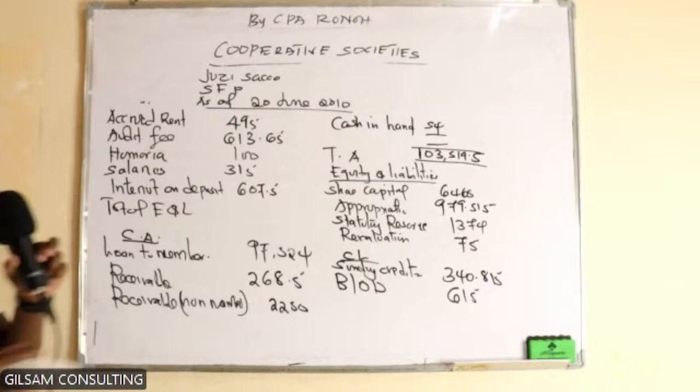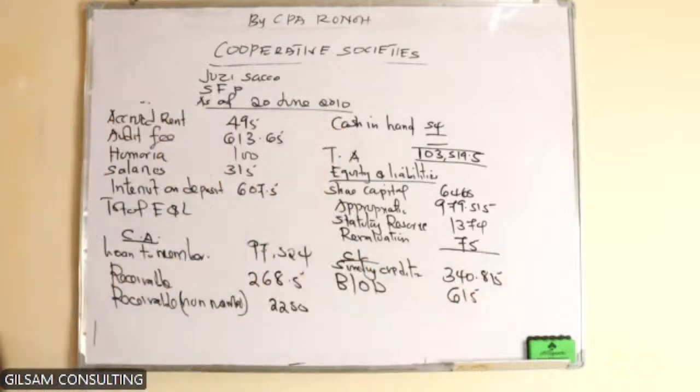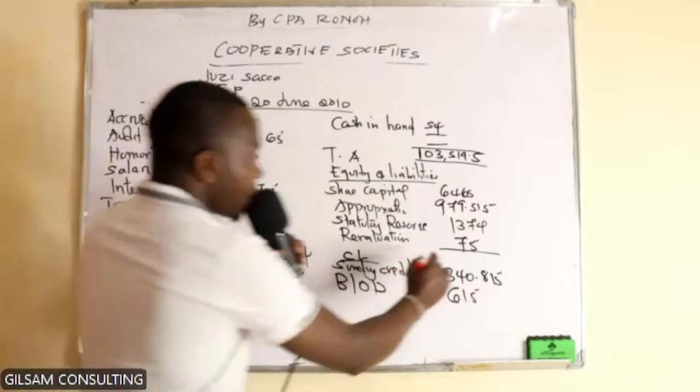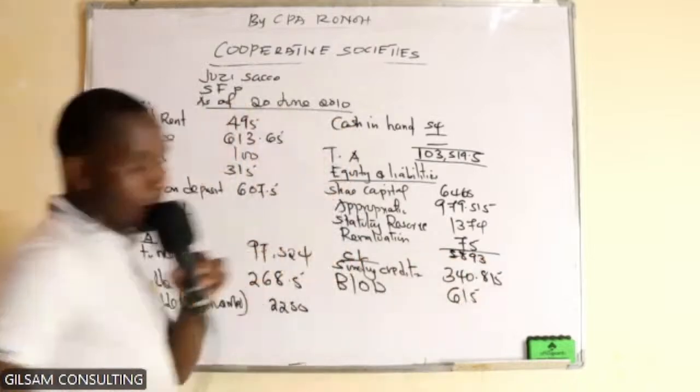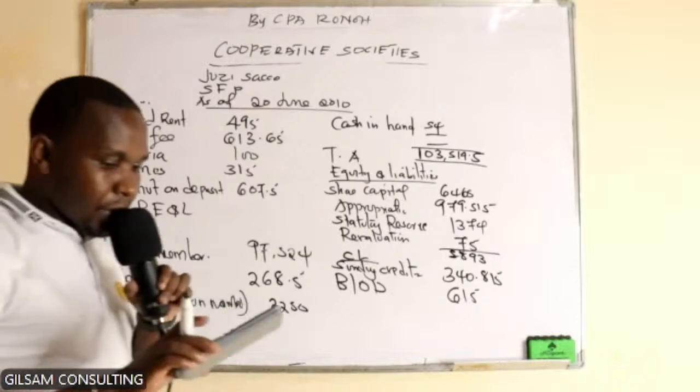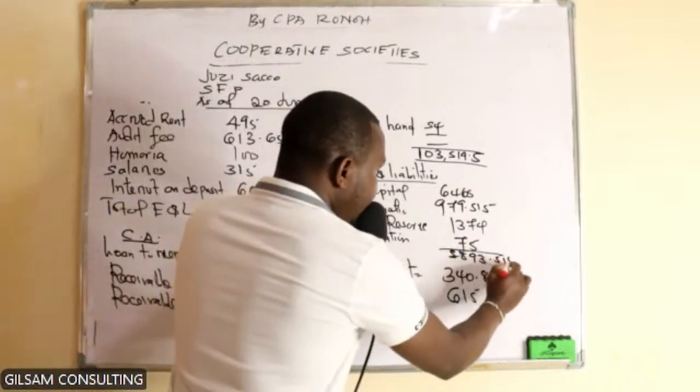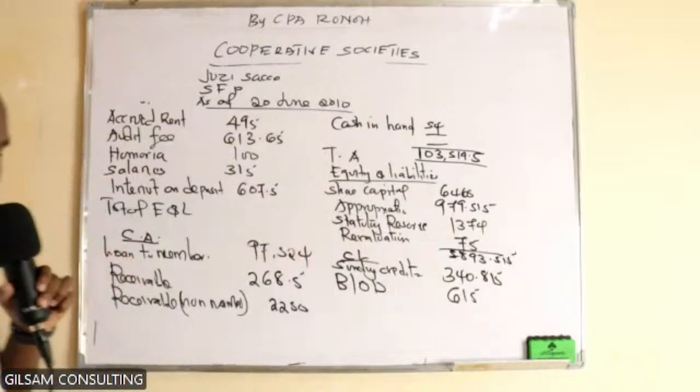So get the equity first, which is 64, 65 plus 979.5. Unasema 515 plus that is 74 plus 75. That one I'm getting 8893.55, then plus